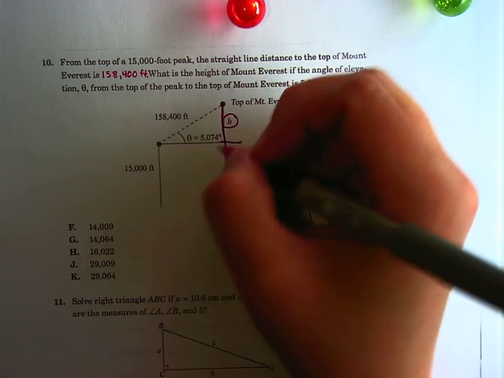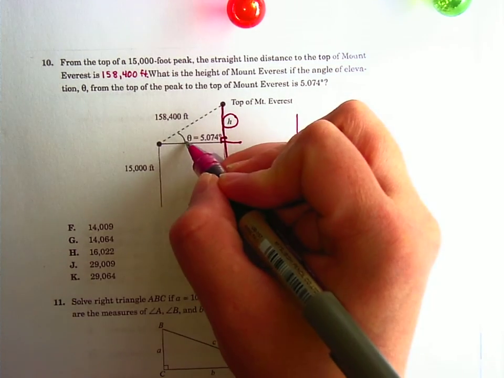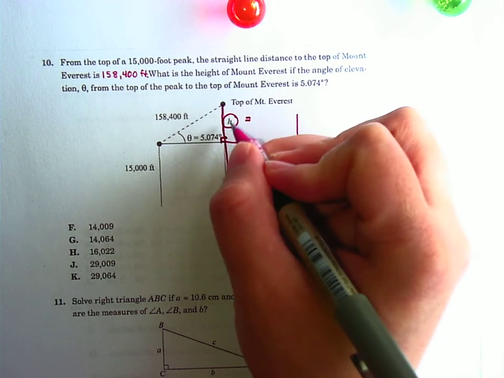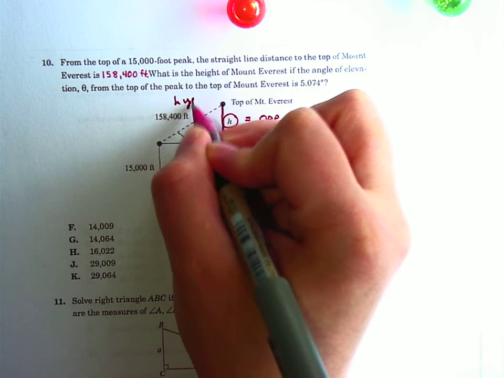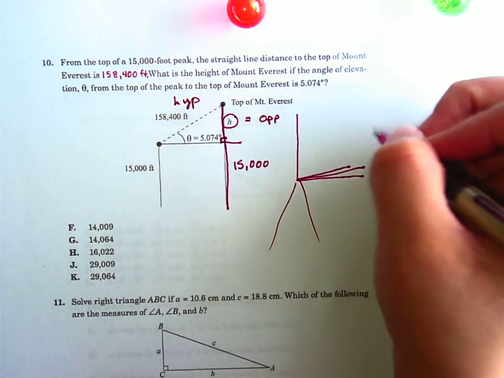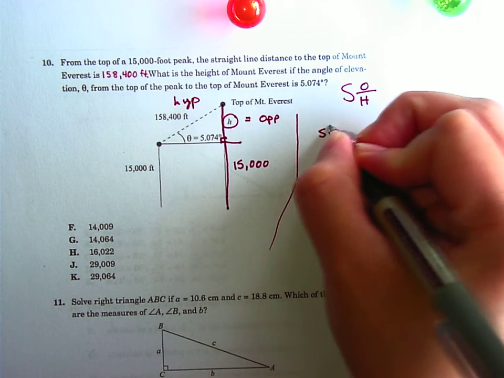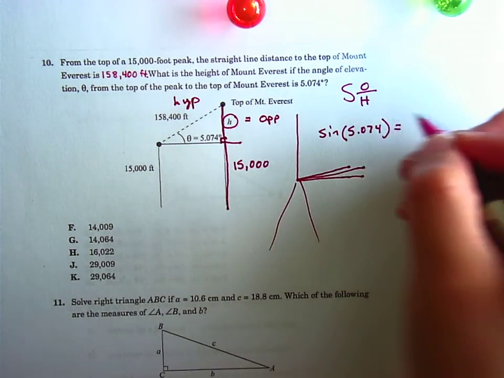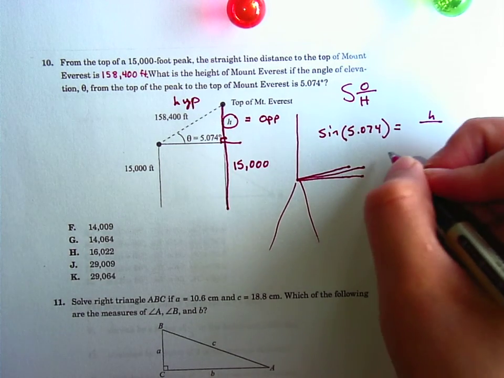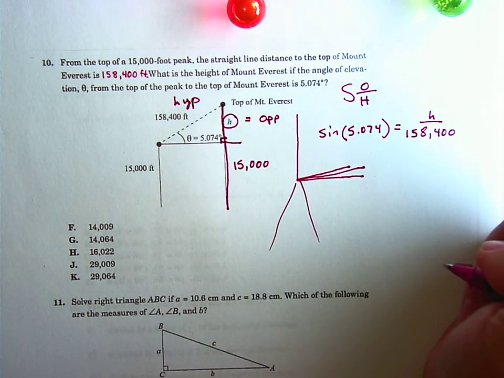Okay, now we also know that since this is a vertical height, that is a right angle right there. And we are trying to find out what h is. So compared to this angle, I have h is, again, of course, not actually h, it's the opposite over here. And this is the hypotenuse up here. So I want to use the part of SOHCAHTOA that has an opposite and hypotenuse, which is sine, opposite over hypotenuse. So I'm going to write down that the sine of 5.074 is equal to the opposite, which we don't know, h, divided by 158,400 feet. Okay, now to get